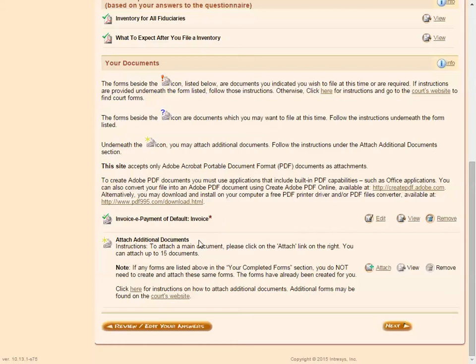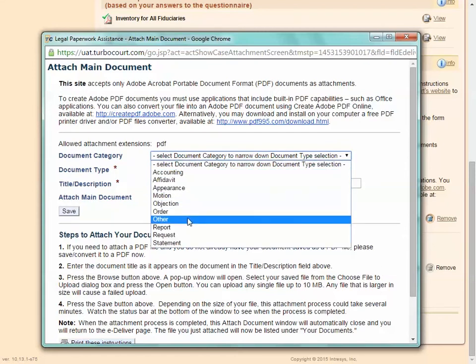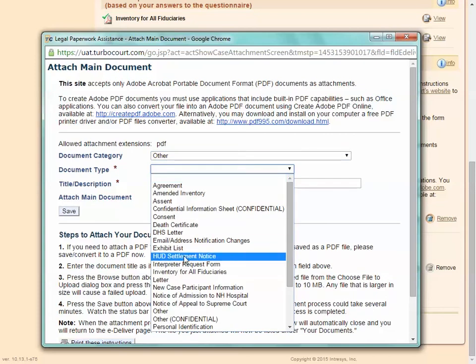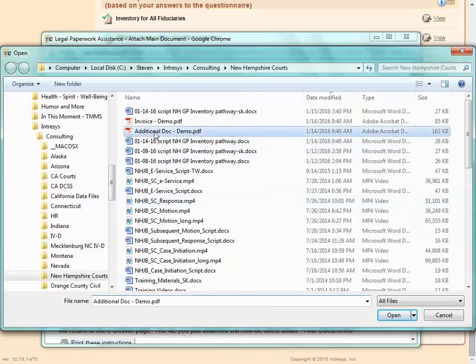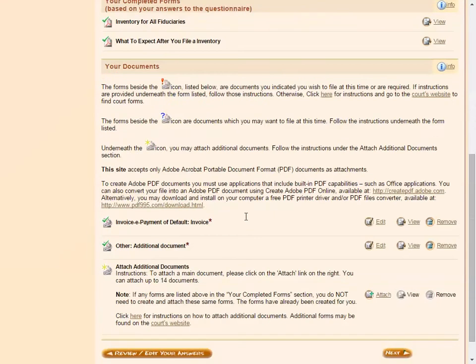To attach additional documents, click Attach, select the document category. We'll select Other. Now select your document type. We'll select Other once again. Provide a name, and select your file. Click Save, and TurboCourt will make sure that this is a valid PDF. And here is your additional document. Click Next,